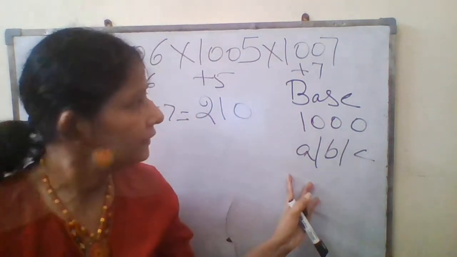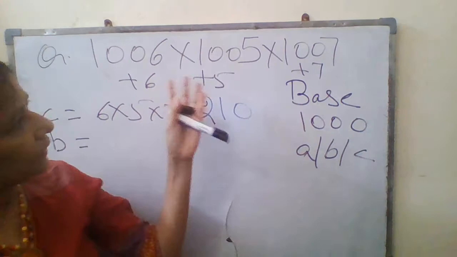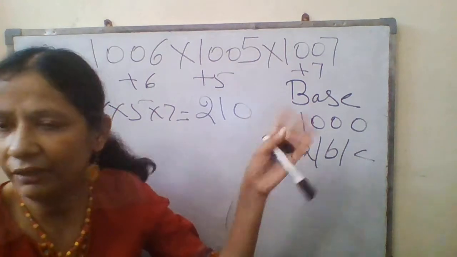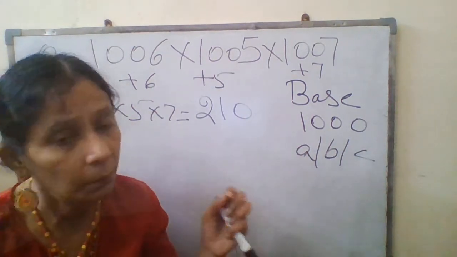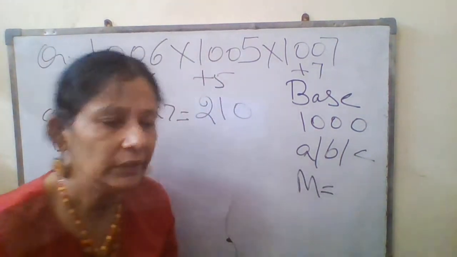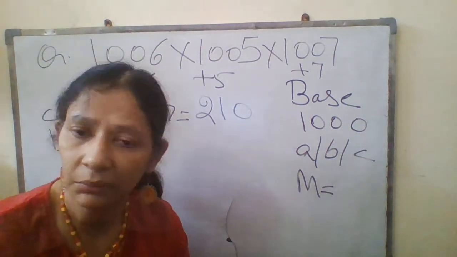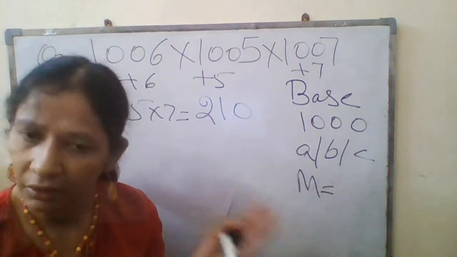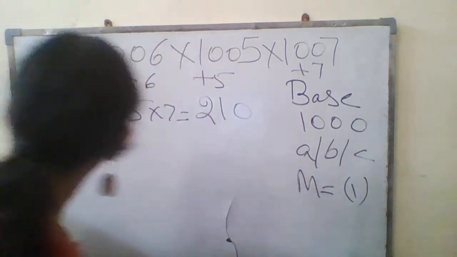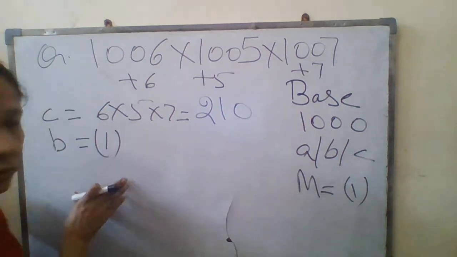What is the multiplier? Sometimes the children make mistakes here. They forget one, they just don't consider this one, but you have to write down this one, okay? Because if you do not write it down, you will get confused in some other questions, wondering why you have not written it. You better just write it down. Multiplier here is 1. So this one I am going to write down. I will not leave it.